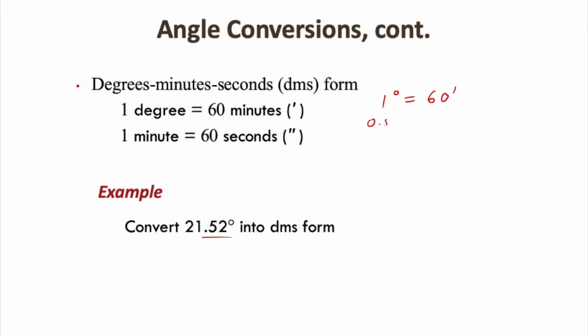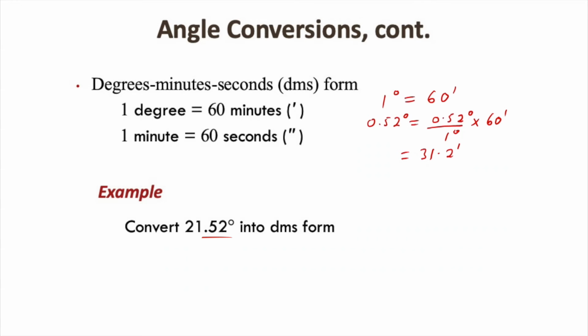Therefore, 0.52 degree, which will be less compared to 1 degree, will be 0.52 degree over 1 degree times 60 minutes. This will give us 31.2